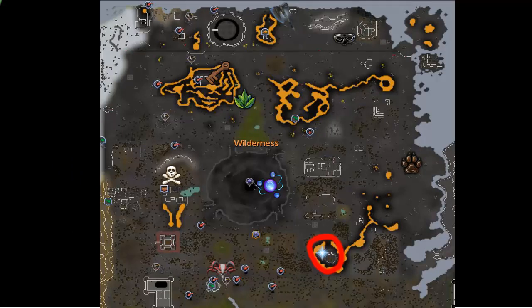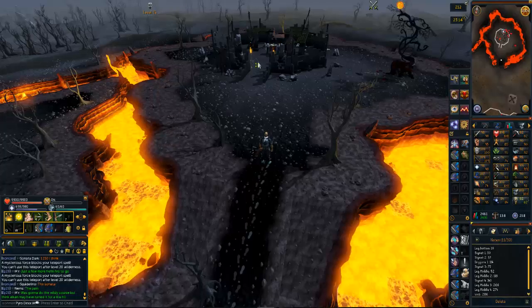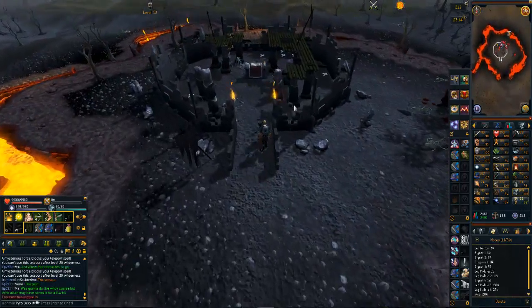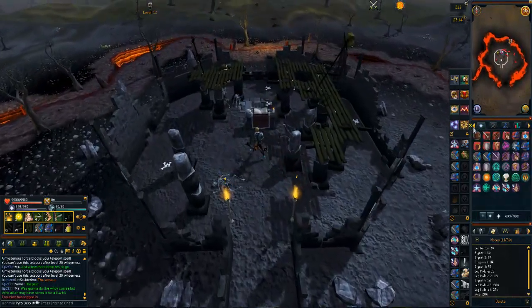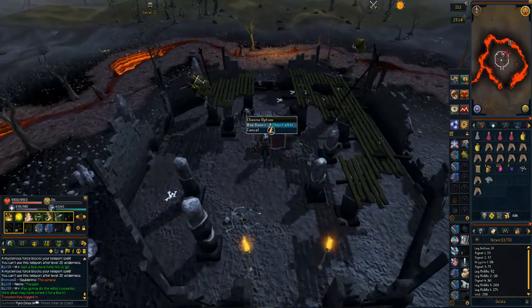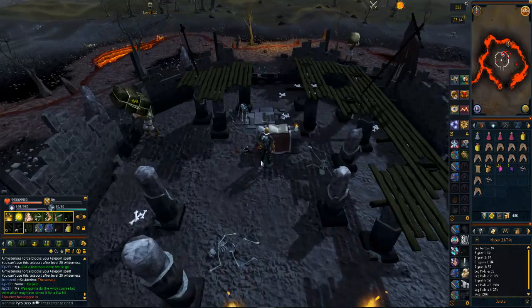Next up we'll be heading to the Chaos Altar, located with the red circle. Easiest way of getting here is using the Wilderness Lodestone again and running slightly east. So with this update, it didn't change anything graphically, but the Chaos Altar now works the same as a Gilded Altar in your player-owned house. Although you don't need to light any incense burners,